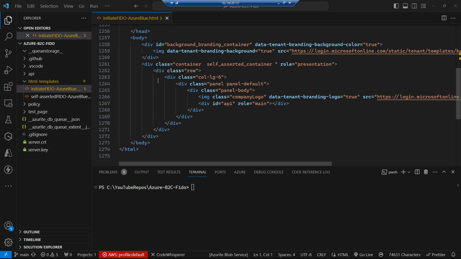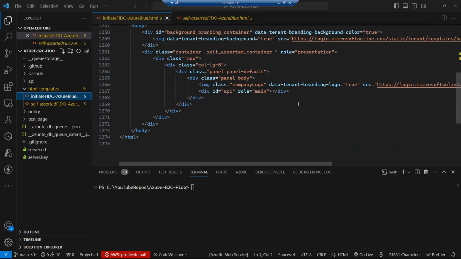So there's the initiate FIDO page. Although it's not immediately obvious, this is the bit where bits from the Identity Experience Framework gets inserted into. So it replaces this div with whatever we specify in our Azure B2C configuration. So this is the first page that asks us the question whether or not we want to create a passkey